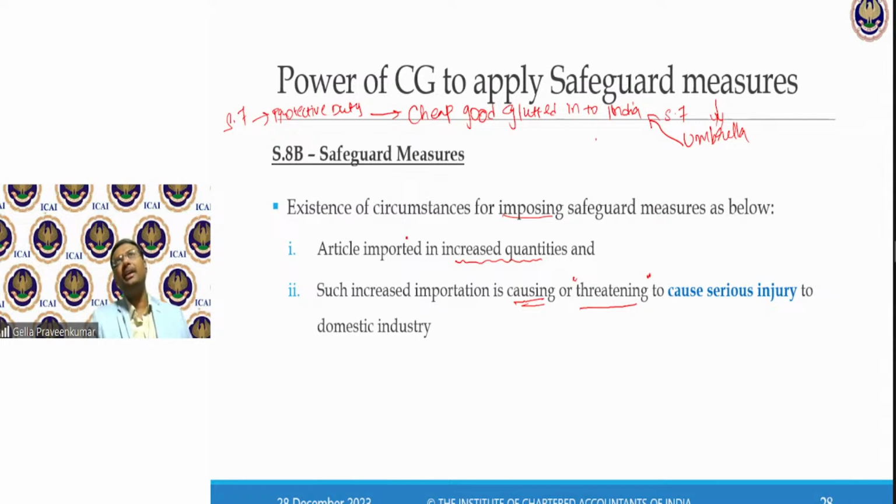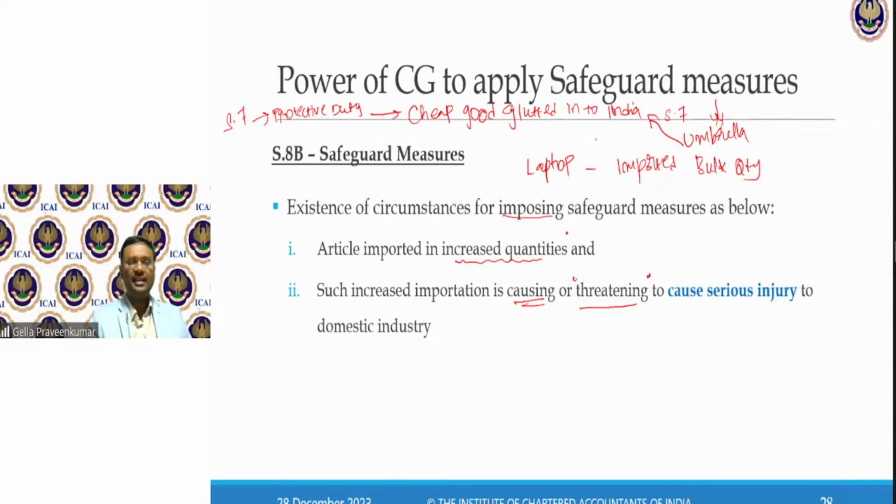For Section 8B, let me take the example of laptop. Laptop is not a cheap commodity. Laptops are being dumped or being imported in bulk quantity.